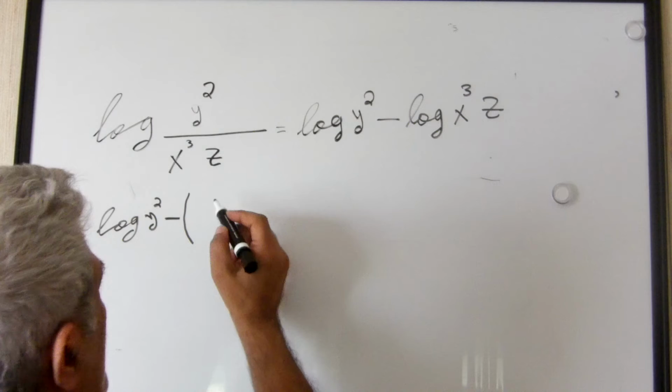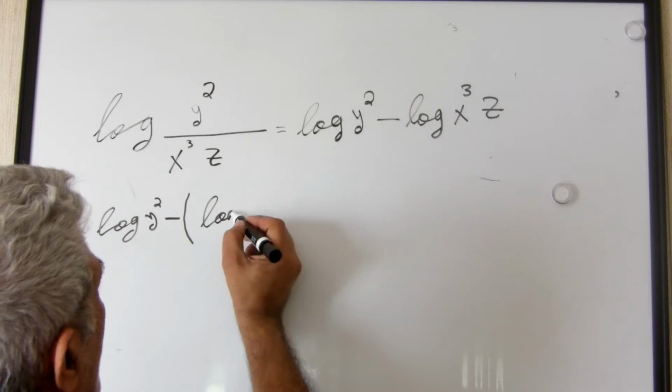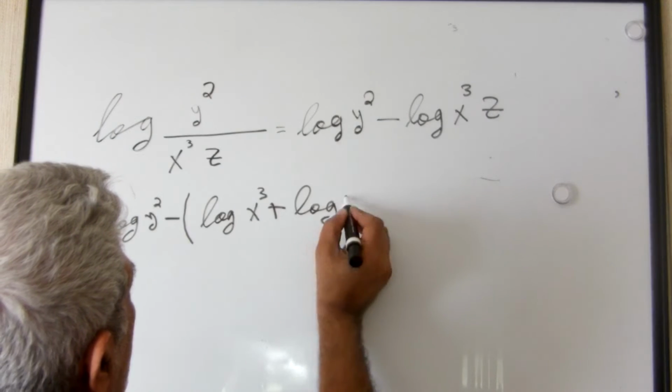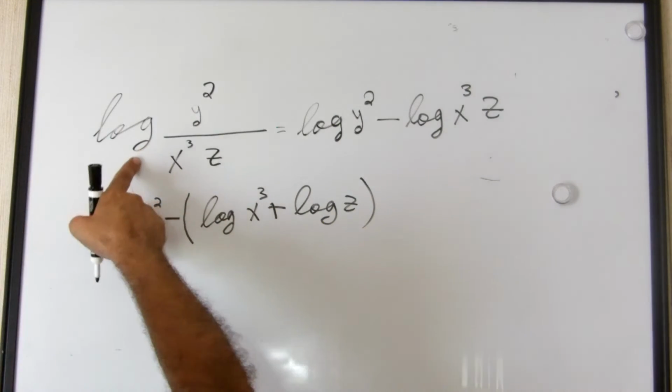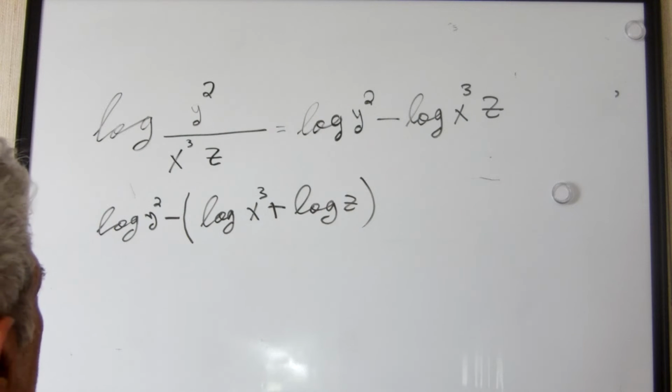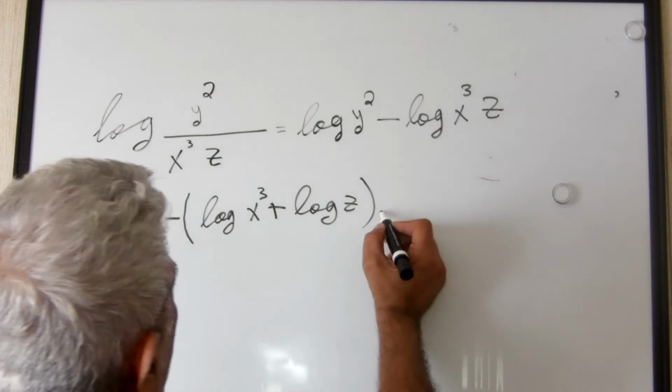We can change this one like this: log x3 plus log z. See, we don't write it's going to be base 10. When we don't write the base, it's going to be base 10. So the result is going to be,